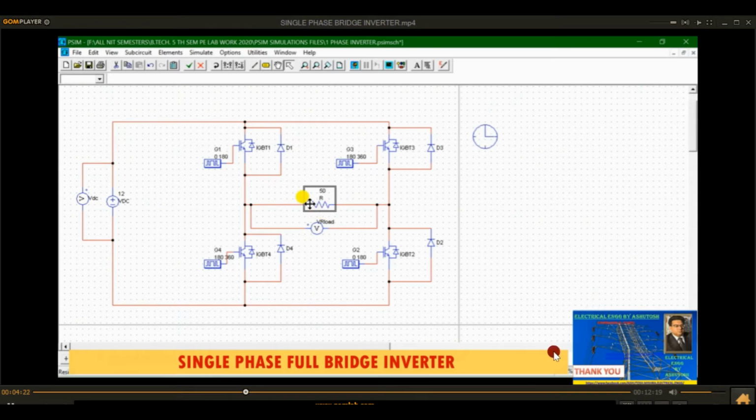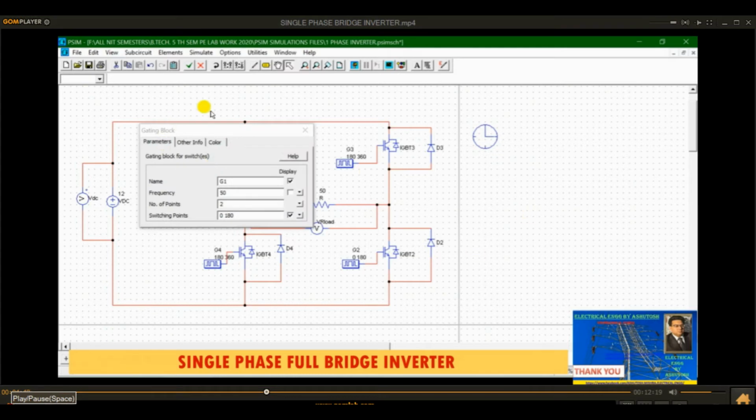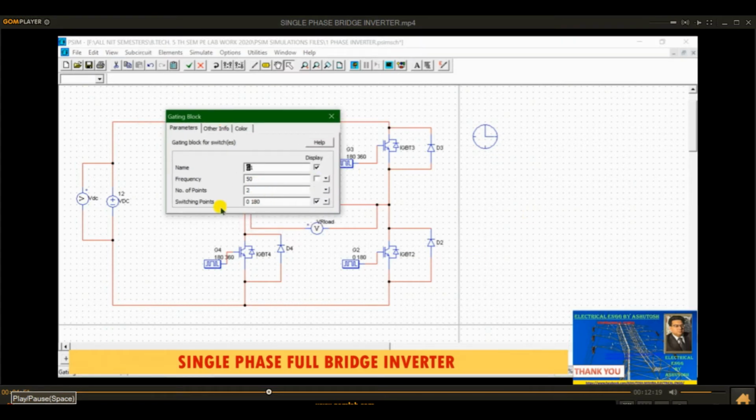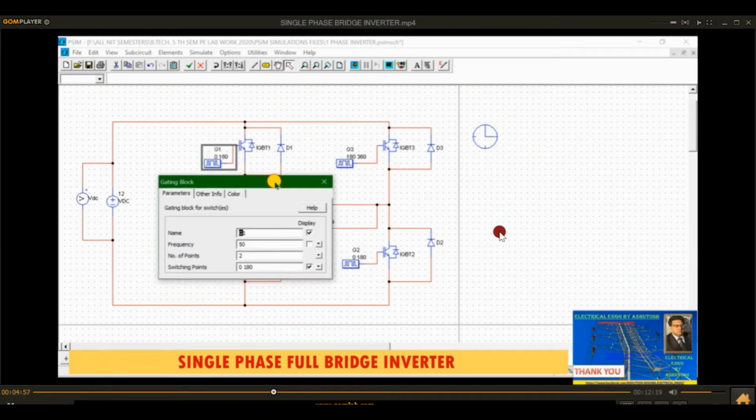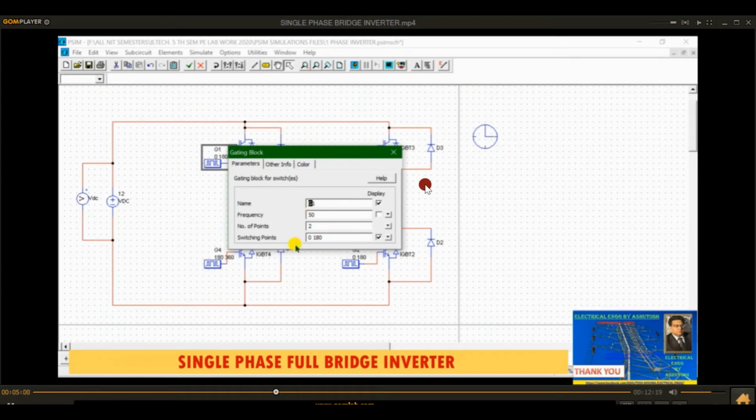of output voltage. And it may be noted that the circuitry for turning on and turning off the thyristor is basically the gating blocks. And what are the angles? Basically, each thyristor only conducts for the period its gate signal is present. So I have fixed the conducting angle from here, as you can see. Basically in the first cycle, from 0 to 180 degree, as you can see here, the conduction angle is here.